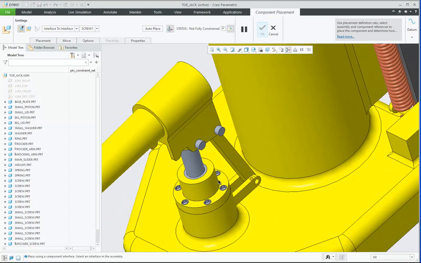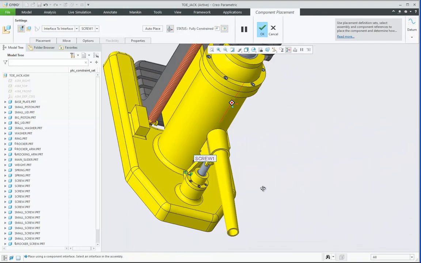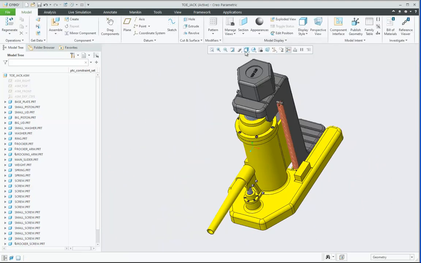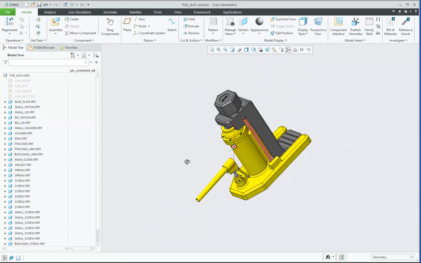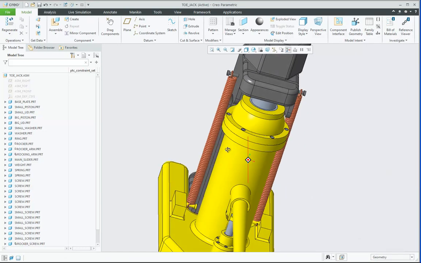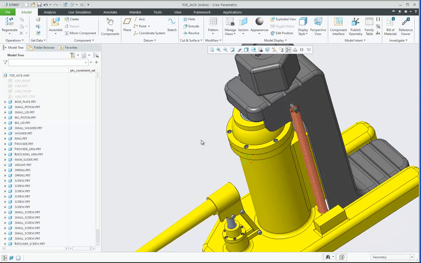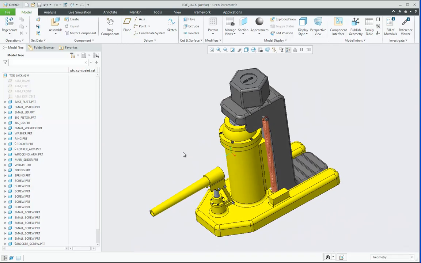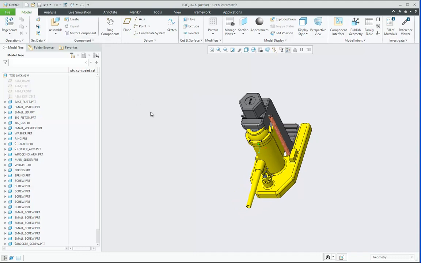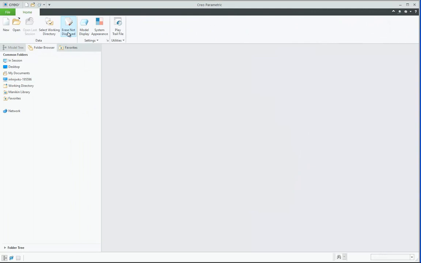So for this location is this over here, and screw gets assembled with the interface. So this creates assembly of all the screws in all the locations very easily with the help of the interfaces which we have created. Okay, so hope this topic is understood. Let us go for next topic.